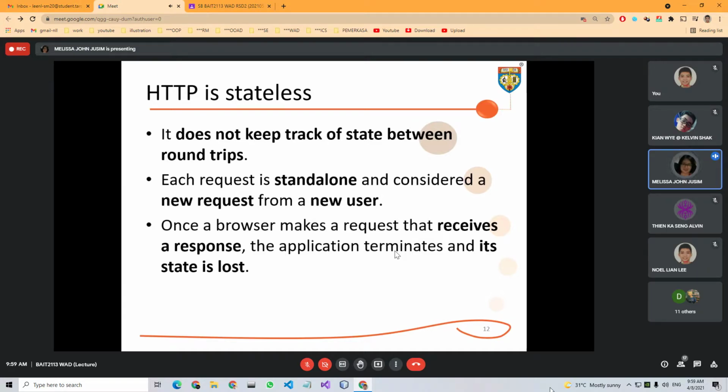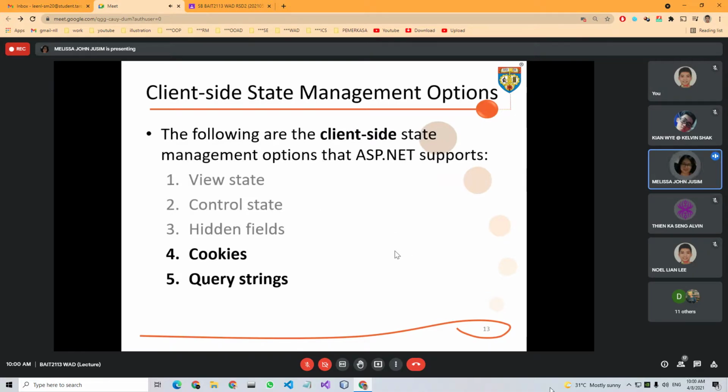Therefore, since we are learning the ASP.NET Framework, what are the state management options available for us? What are the state management options that ASP.NET supports? For client side, we can use cookies. We can also use query strings.